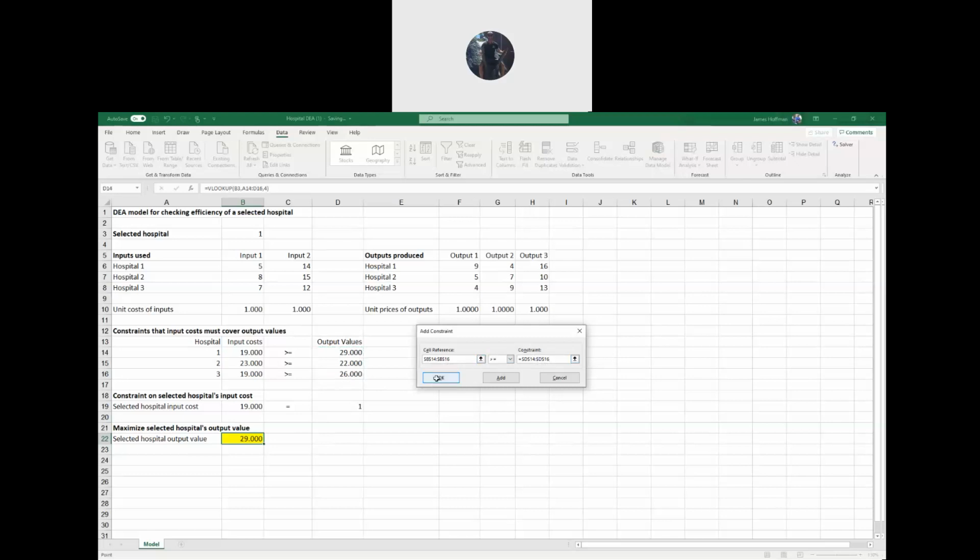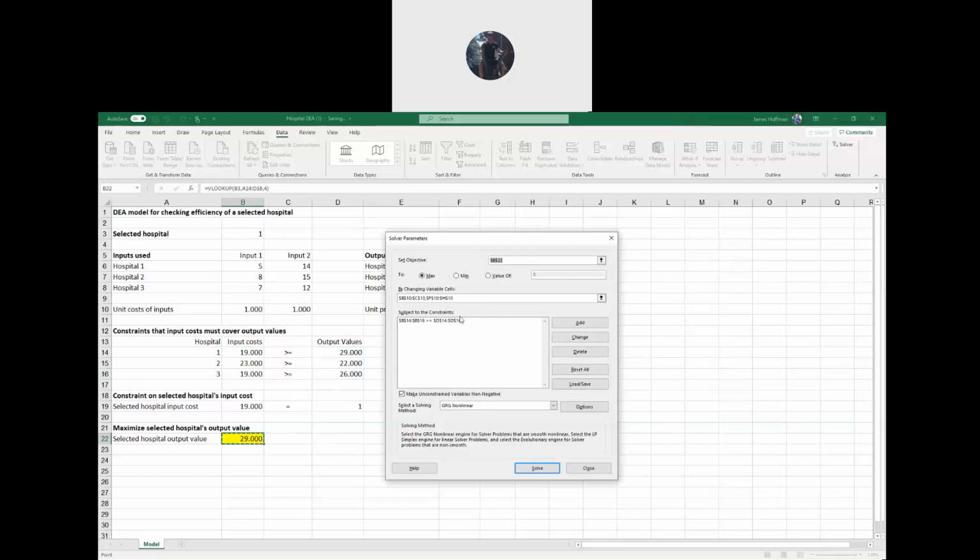And hit OK. All right, and the range names aren't going to come up because we didn't define any this time, because it's going to be easier, we'll see, to modify the model with different problems. But just double check that your ranges are the same. And then our other constraint is this one, which means that